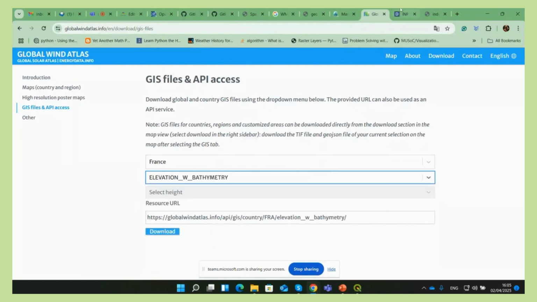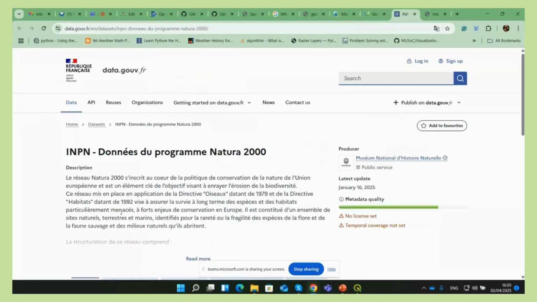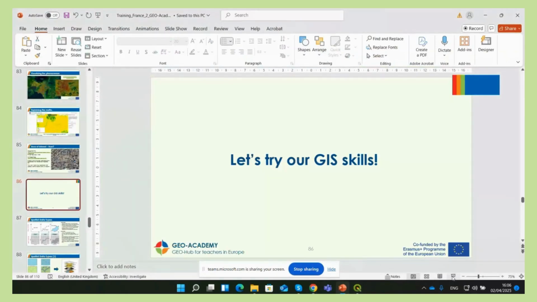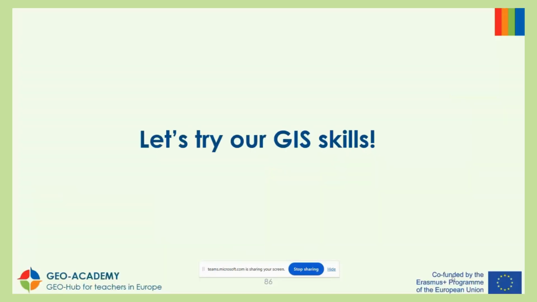It's super simple. And for France, we found this repository here from the République Française, INPN, Données du Programme Natura 2000. Apologies for my French, it's been since 2005. We can download the marine protected areas, not only the marine, the Natura areas for France, by selecting file here and download. It's super simple. Moving back to the presentation,